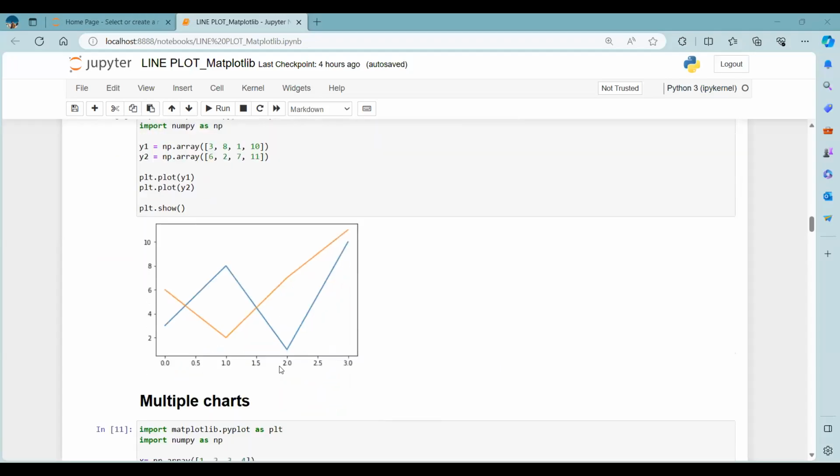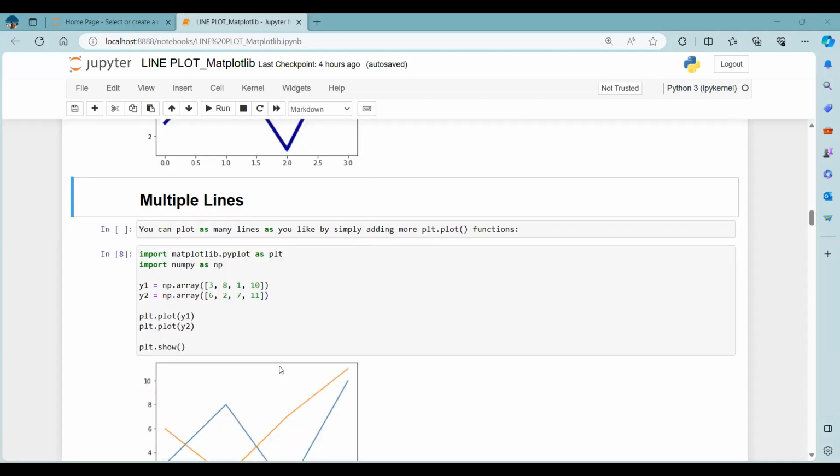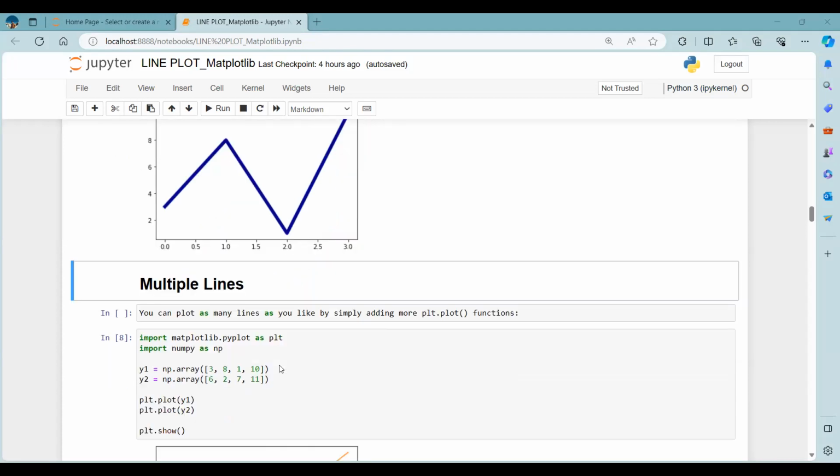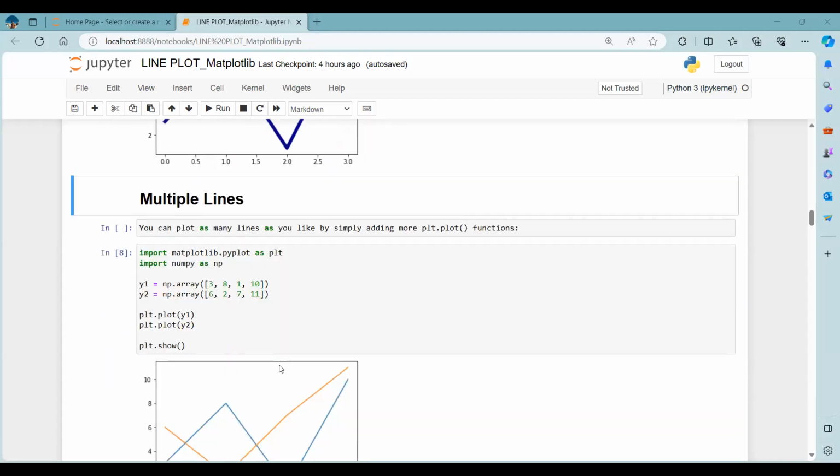Okay, now move on to the next part. The next part is multiple lines plotting. So till now we are working with single lines. So how can we plot multiple data, or multiple sets of points, where we draw two lines or three lines? Okay, first of all,